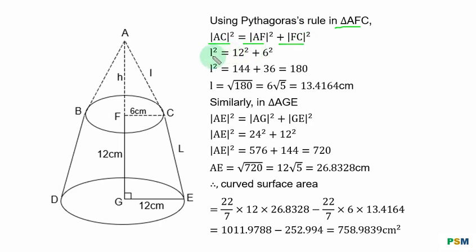You have L square equal to 12 square plus 6 square. You have this result. L becomes square root of 180. In third form, you have this result, and you have